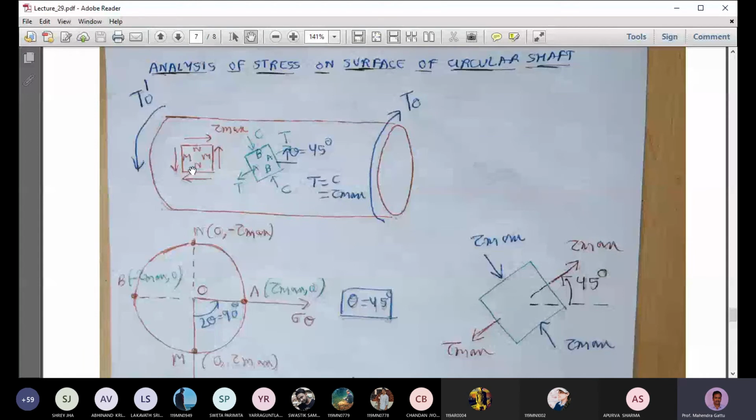If you take a stress element there, there is a shear stress in the upper, and on the left face it is acting in the downward direction. And longitudinal stress will act towards this. Both will act towards the same point of intersection. So you have tau there, and to balance it, there will be this tau there. So this is a stress element on the outermost surface of the shaft.